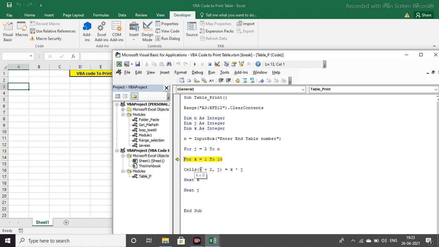And this we have taken here for the change of cell, and this will also increase after each execution.